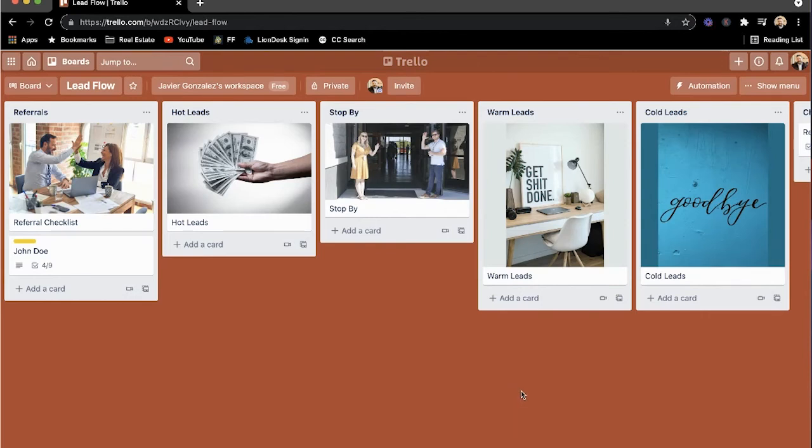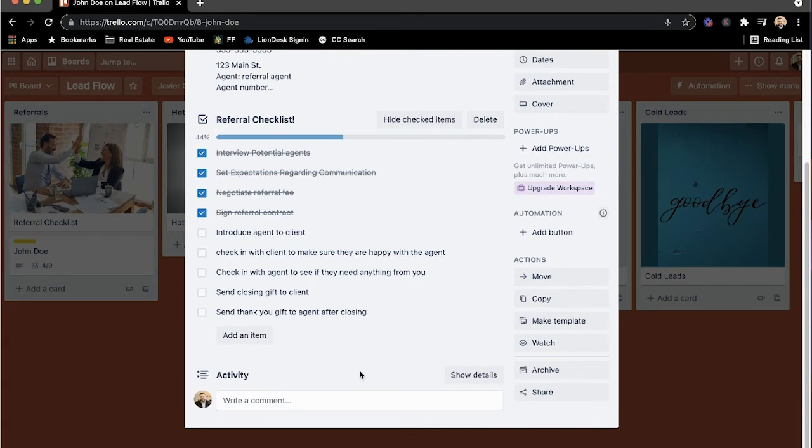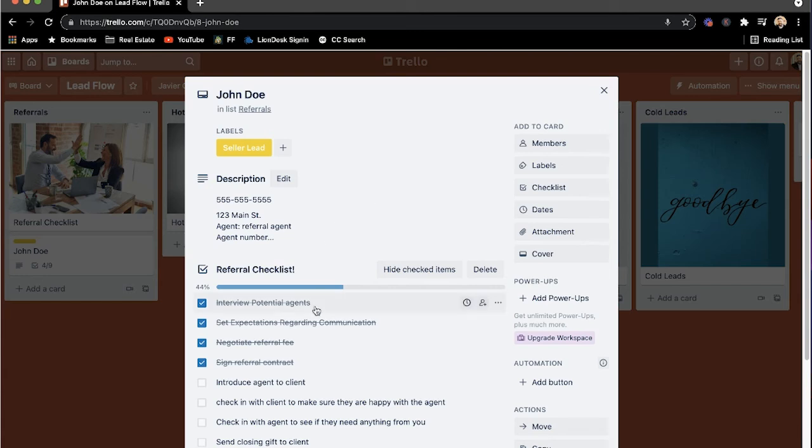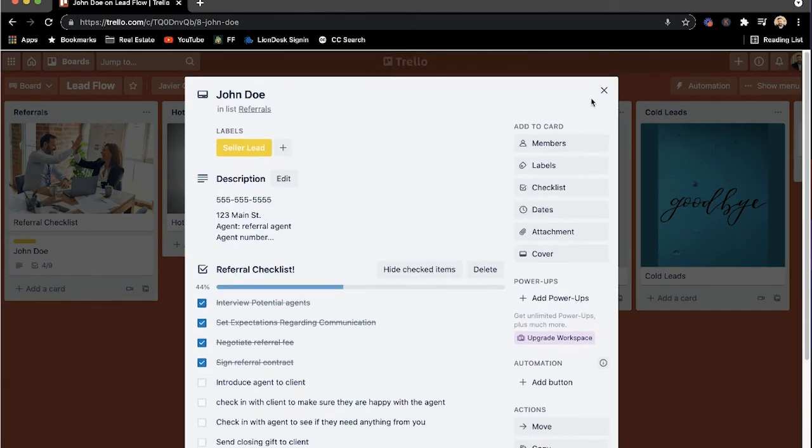Okay, guys, so this is my lead flow page inside Trello. I've customized it with my own little images there. I definitely put in a sample referral, what it would look like. And then also keep in mind that as soon as these referrals come through and, say, they transfer from being a referral to a cold lead,